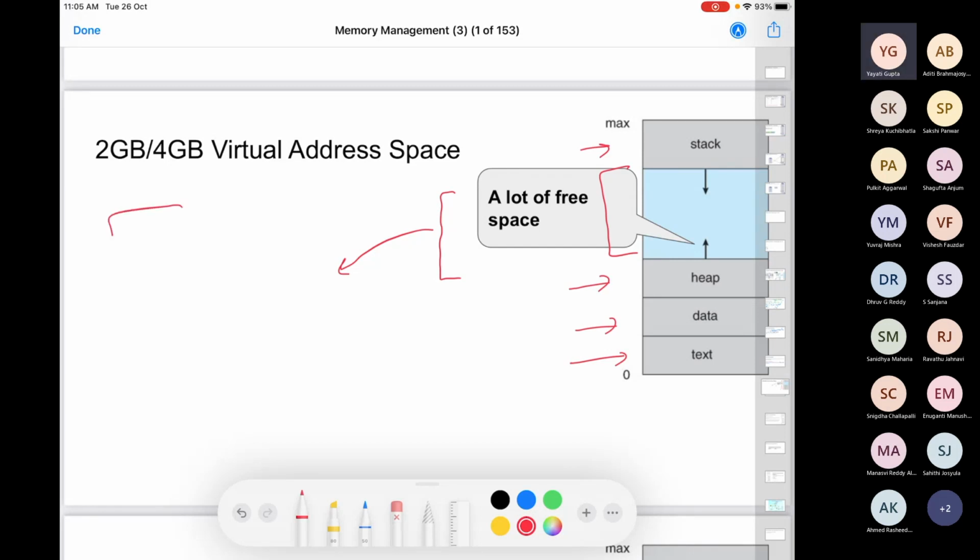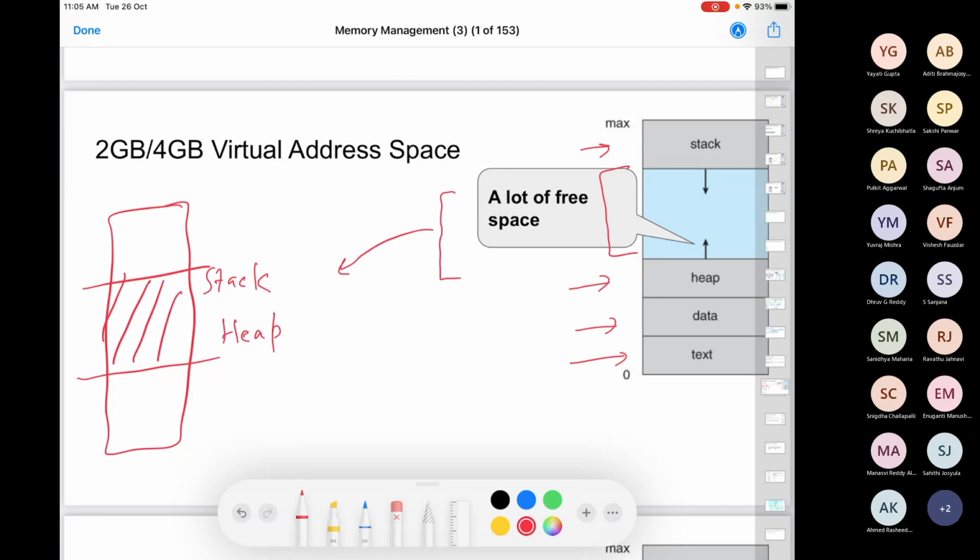And if you look at the virtual address space of this process, all these pages which correspond to your stack and heap might not be in use at a particular time. If they are not in use, they are not mapped anywhere in your physical memory. So all these are your invalid pages. They won't have any image in the physical memory. Then the question is, why even have these pages? Why do we give a process some space for stack and heap?